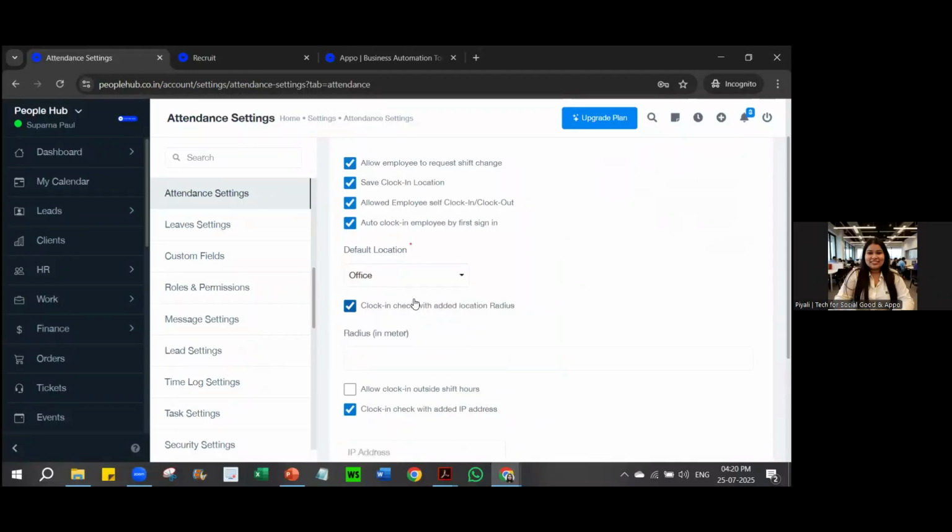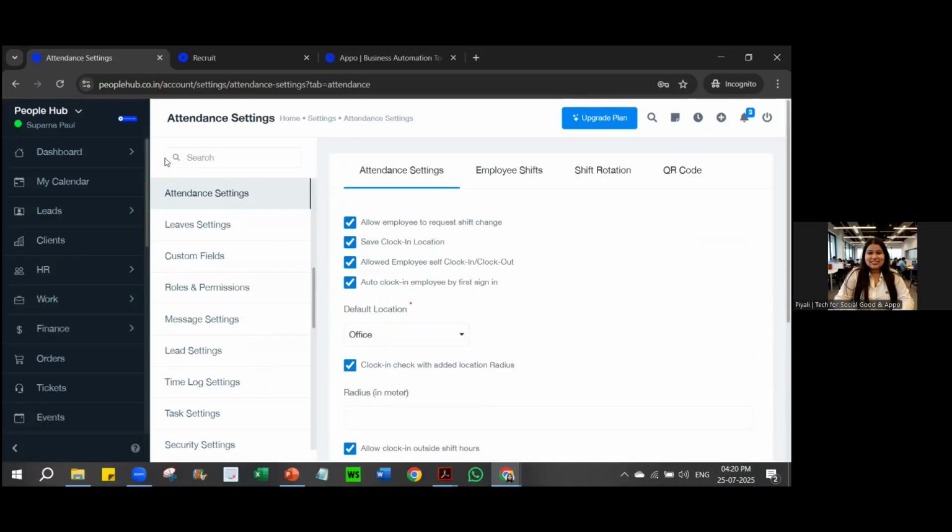We can also restrict the radius within which they can clock in. So there are multiple ways of marking attendance. And after attendance, the logout, or clock off, can be done by the employees manually every day, or the system can log them off after, say, 6 p.m., which is your office end. So it can log everyone off automatically as well, or it can be done manually, whatever suits